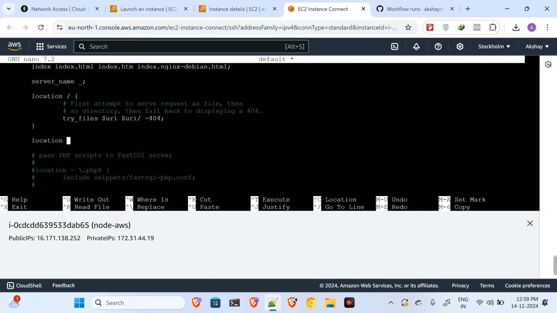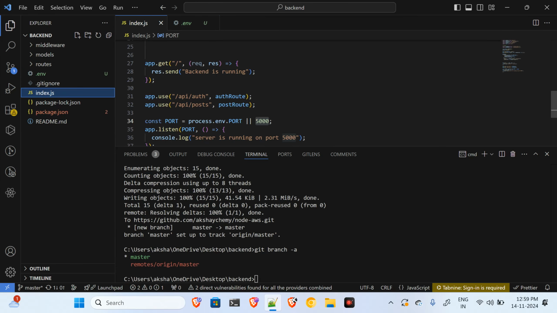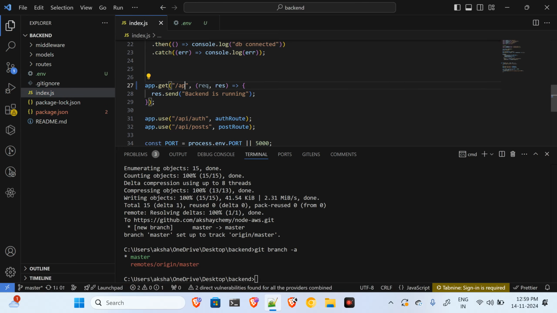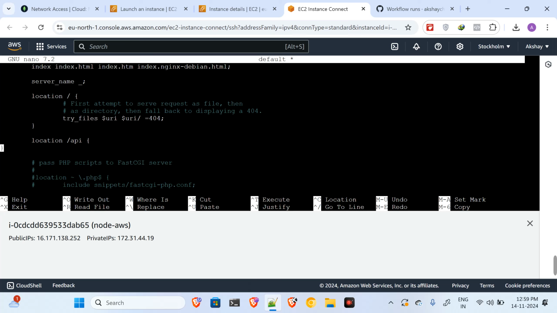I'll say location /api, because if you look at our backend code, our backend APIs always start with /api. Our backend code is already deployed. As can be seen, all the APIs start with /api, so that's why we have to do this. So I'll say location /api, and after that, in the open and close curly braces,